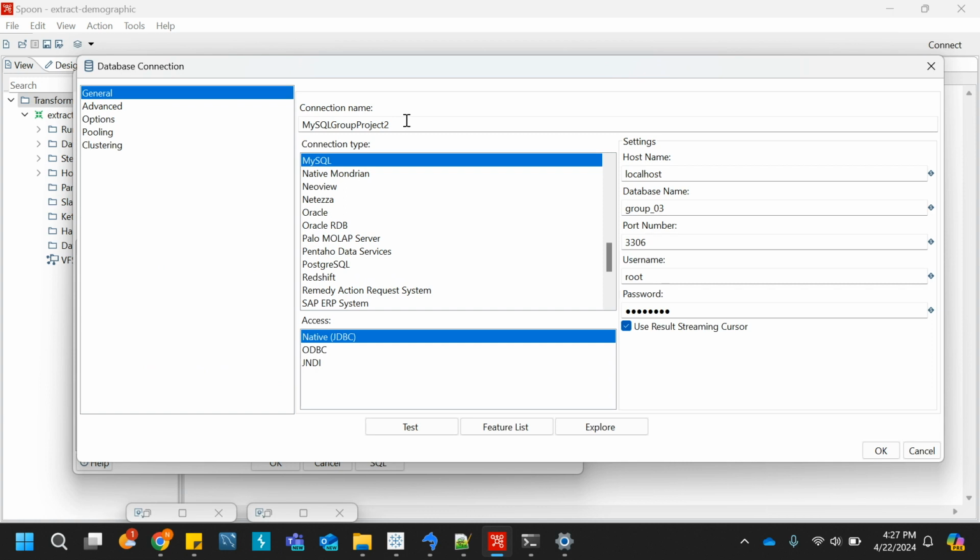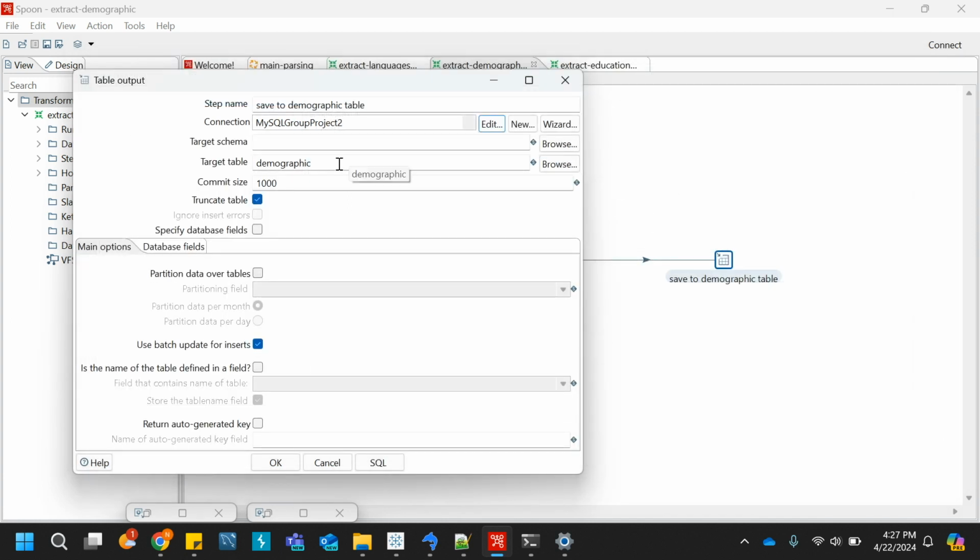So we'll give a connection name and select the connection type as MySQL. Give the details like host name and the database name which we have created in the previous step. And after selecting native JDBC as access and testing and establishing the connection, we will give the target table which is demographic in this step, and also make sure that this truncate table option is selected, because every time the